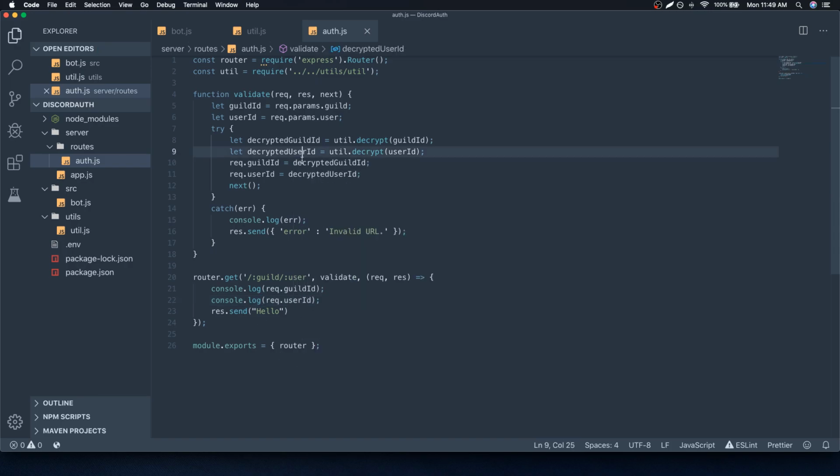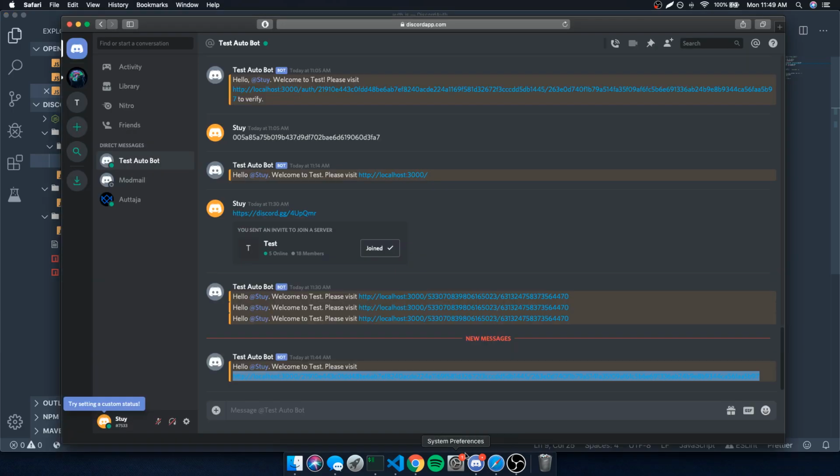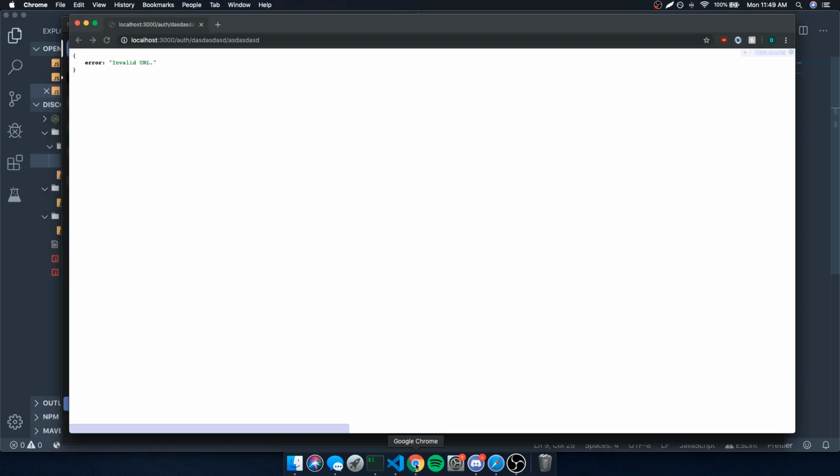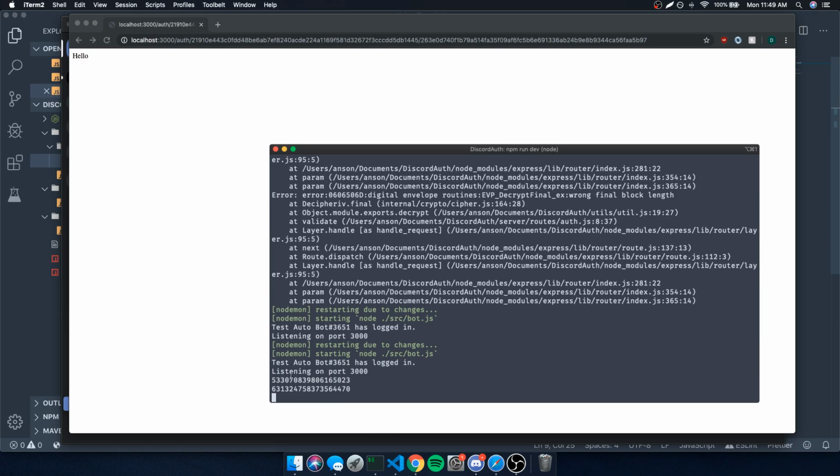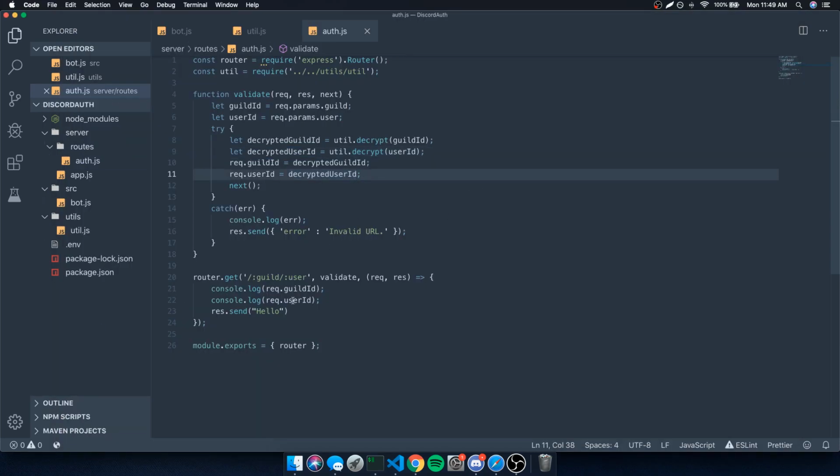Okay, so let me go ahead and show you again. Remember, this URL is still valid. We're going to say it has to be auth, hello, and see how we're logging these two IDs over here on line 20. All right, this whole thing is going to be a little confusing if you don't